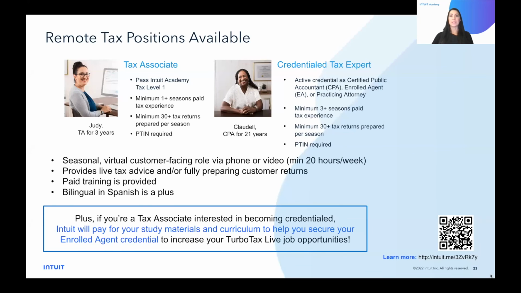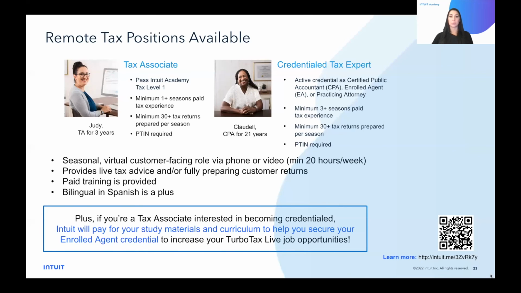Now, in this role, you would be assisting customers by using your tax knowledge of tax laws and concepts with forms like 1040 and different schedules. You'll help customers by using your experience preparing federal and state returns for individuals, in addition to answering key tax questions and fully preparing tax returns, in addition to quickly researching and answering questions by using online resources.